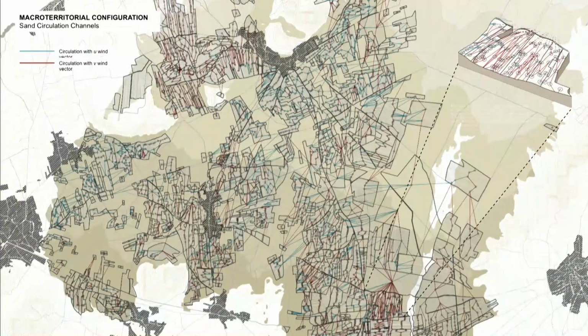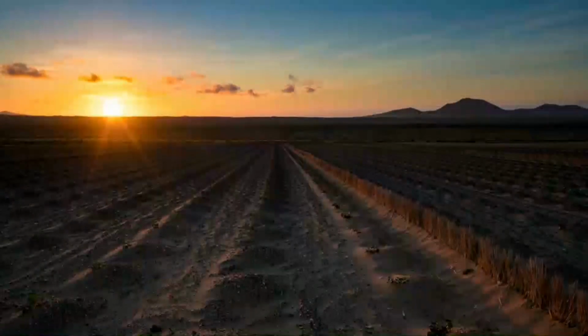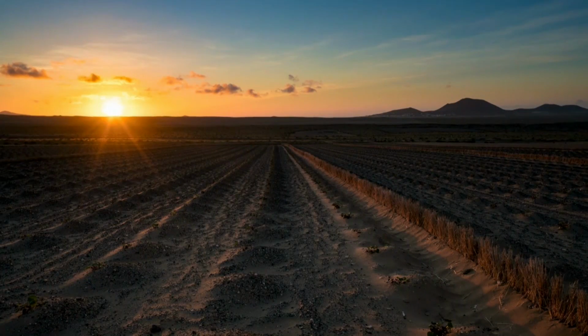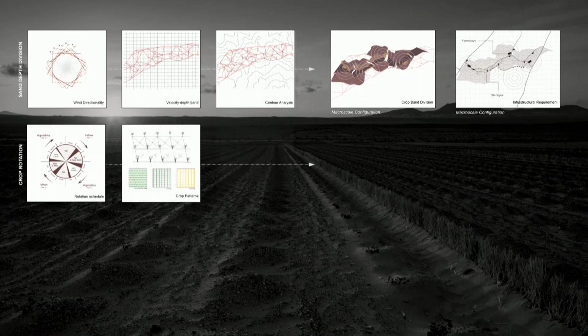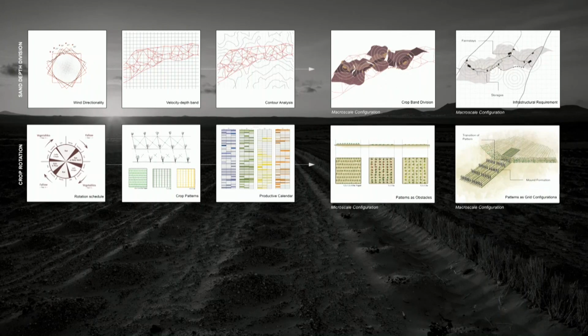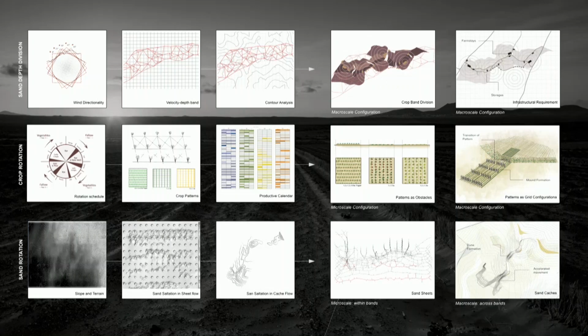The part that our simulations and our analysis talked about was how this sand circulates. Because it is such a complex phenomenon that happens here, it deals with sand rotation and how the crops themselves need to get rotated per season. But all this, the beauty of the landscape, lies in this complexity. So we had to take into consideration all the factors of where these sand depths take place, where the crop rotation takes place, and what the sand rotation actually looks like.